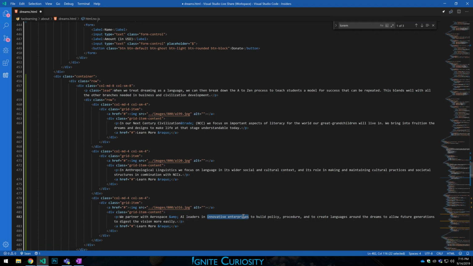Okay, so I want to show you guys something kind of complex. This is a preposition. This is a preposition. This is a preposition. So I wrote all of this, but man, look at all these prepositions. I just do not like when someone writes that many prepositions. So I'm going to cut that down. We partner with innovative enterprises. So I cut out just one of my prepositions there. Okay, so we partner with innovative enterprise